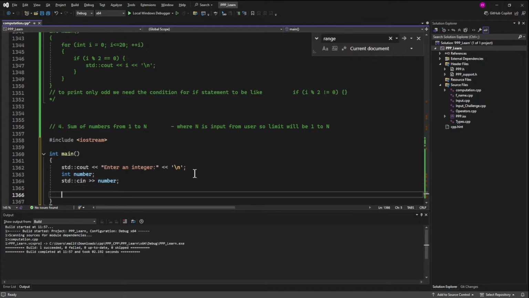In std out, sum of numbers from 1 to number is